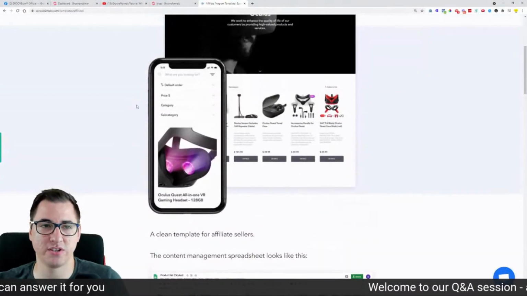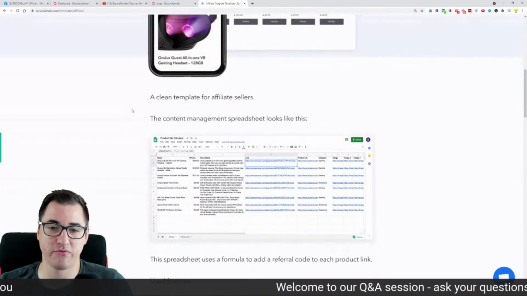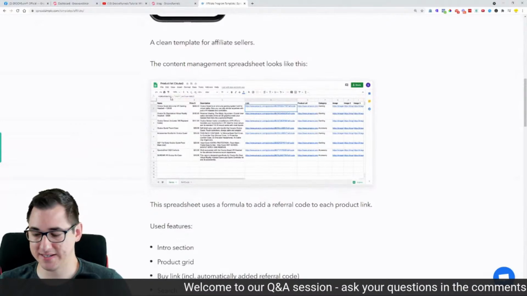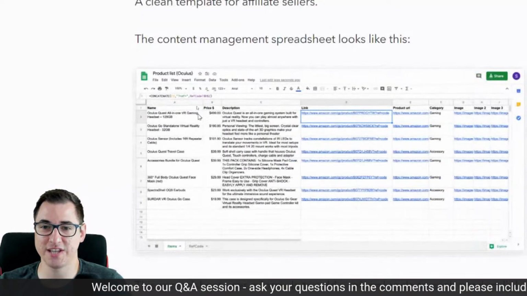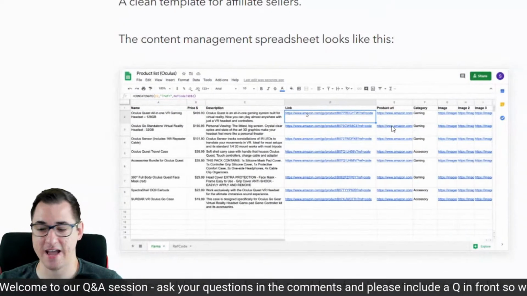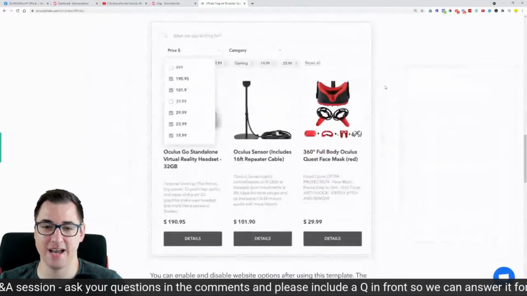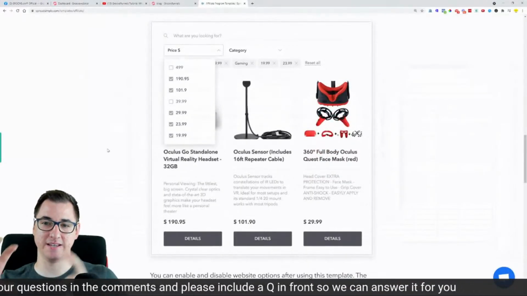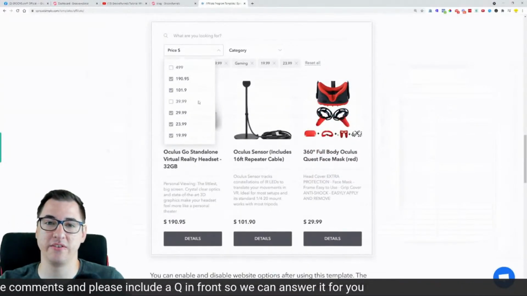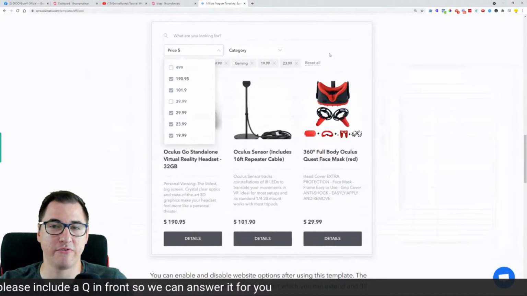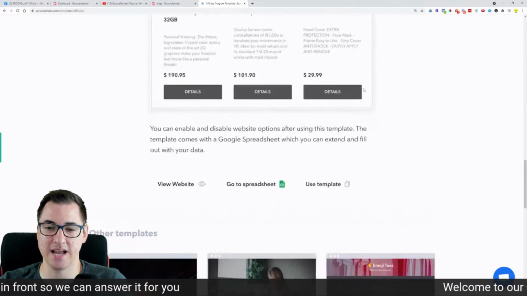You can sign up for SpreadSimple for free. They have a free plan, but what you would need to do is basically just create a Google Sheet. Just type in your information, and then it basically imports that information and displays it nicely with filters, with different categorizations and things like that.